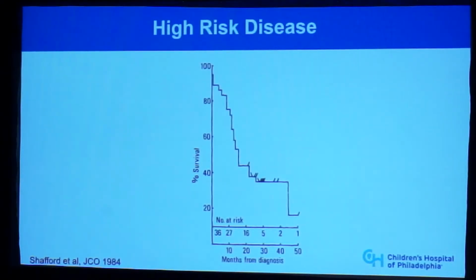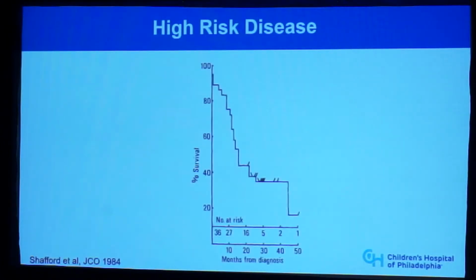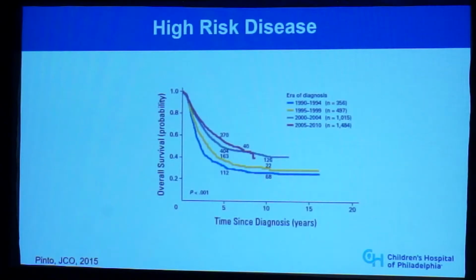And this is a Kaplan-Meier curve that is unattractive, I think, to everybody in the room. But this is one of the early studies that was done back in the 1980s looking at multi-agent chemotherapy. And you can see how steep the drop is in the EFS curve and how low it goes. Sorry about that. So with that discouraging curve to start with, I want to be a little more optimistic